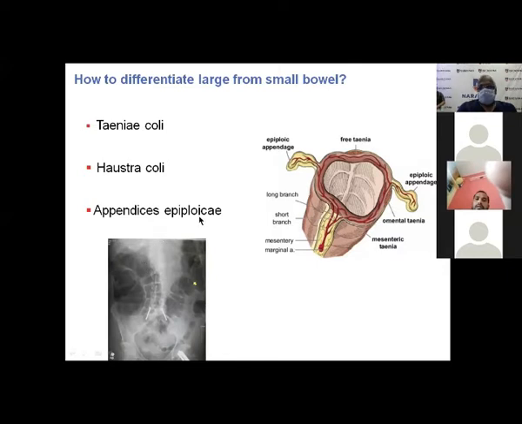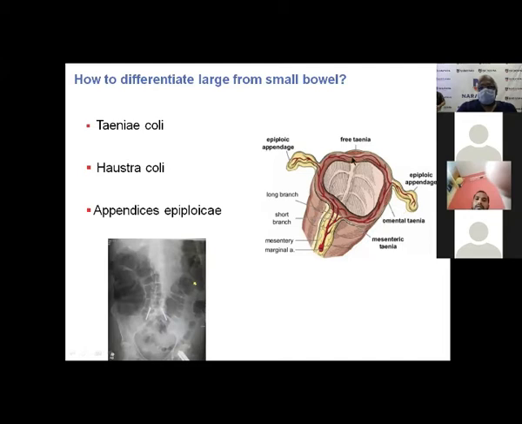An appendix epiploica is nothing but an outward projection of the fat covering the colon, which may sometimes contain an anastomotic vessel. There may not be any continuity here. It may go like that and come back. If you divide that, you are likely to cause ischemia in that area. That's all. And this is the marginal artery of Drummond. So this is how the blood supply is.